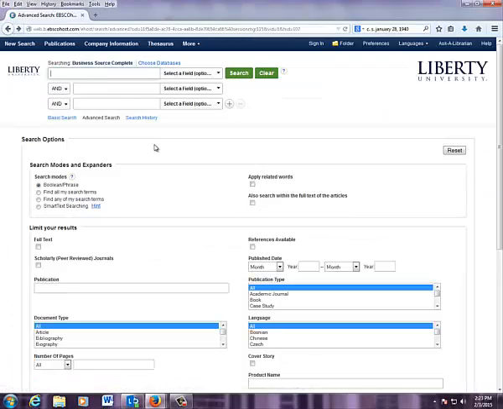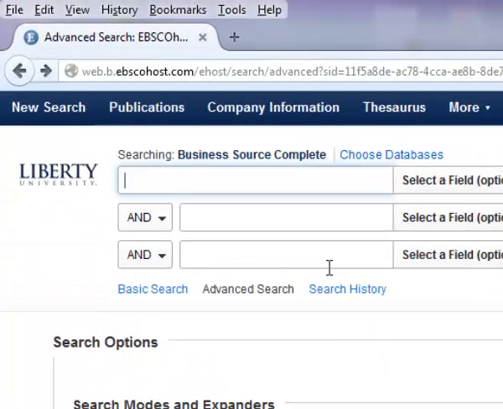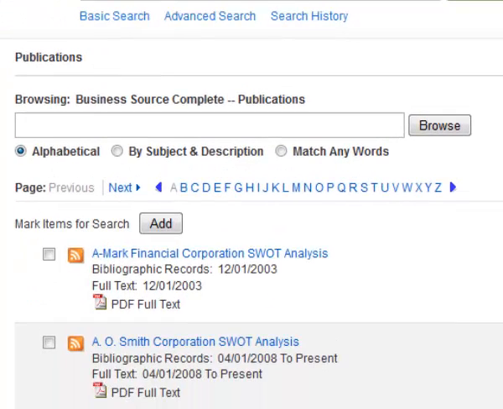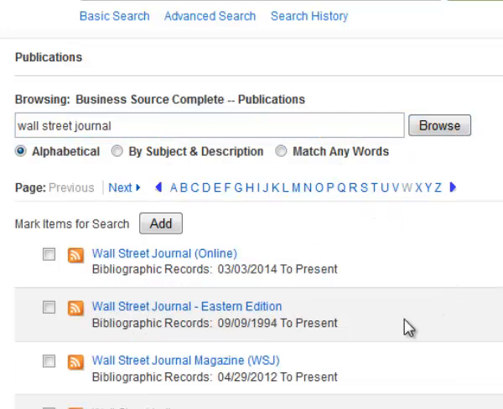And from the homepage, another option that you might have need for is this option in the top that's publications. Now, what this lets you do is you can search for publications that might be helpful to you. Let's say you're looking for the Wall Street Journal, for instance, and you had to have an article from the Wall Street Journal. So type in Wall Street Journal, hit browse, and now we've got the various publications with those